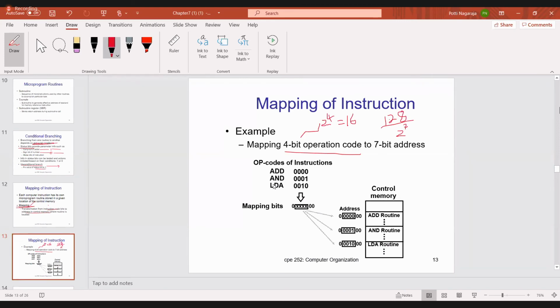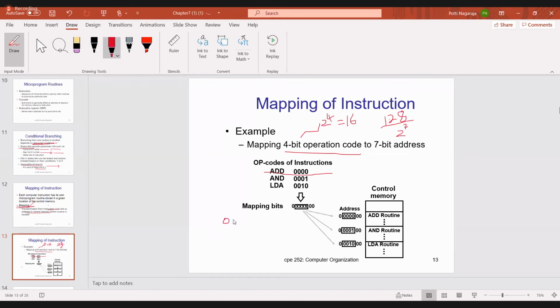See how I do it. Assume that for the add instruction, what is the opcode? Check here and tell me. 0000. Now I will convert that add instruction into a micro program address.